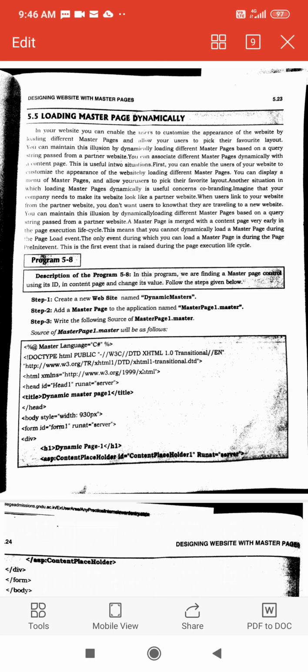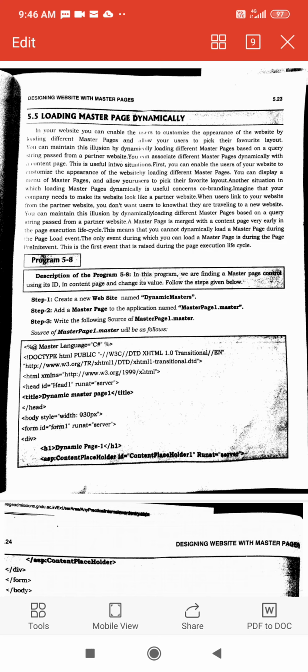So for dynamically loading master pages we require the pre-init event, because before loading the page we will allow the user to have a different master page, and that is done with the help of the pre-init event, which we have already done. Pre means before, init means initialize, so the event is raised on initializing the variables, on initializing everything.